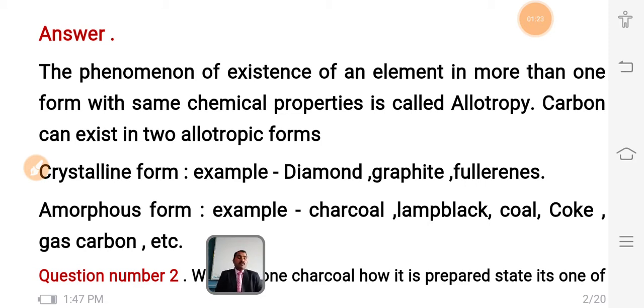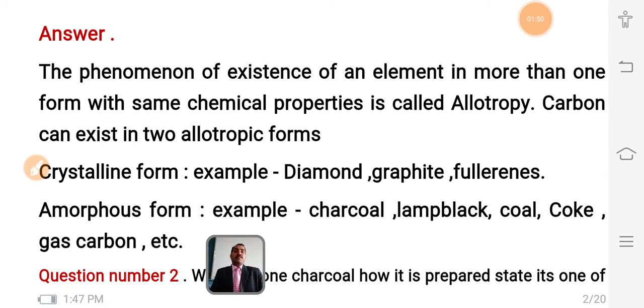Crystalline solids are solid materials in which the molecules are arranged in a definite shape, definite geometry, and they have a definite melting point, meaning a sharp melting point. Whereas amorphous solids are solids in which the constituent particles are not arranged in a definite manner and they have a long range of melting point.